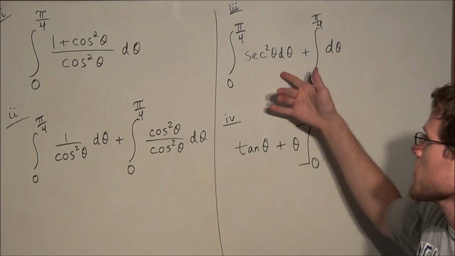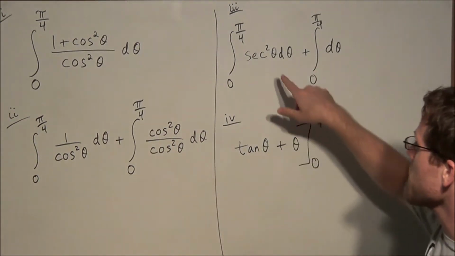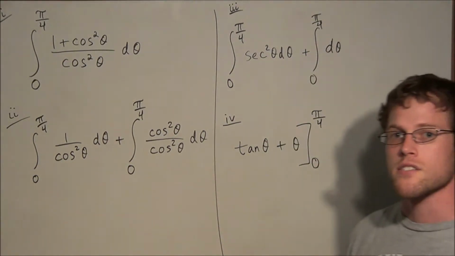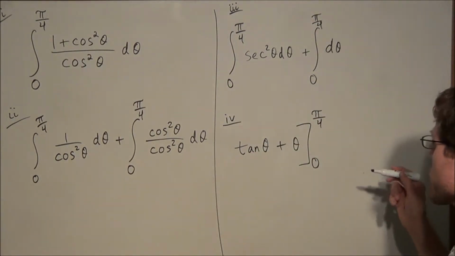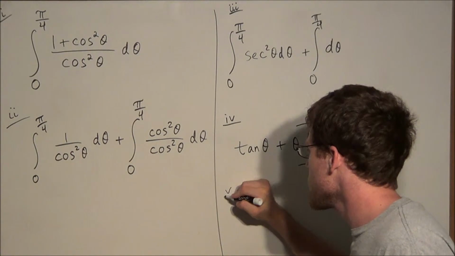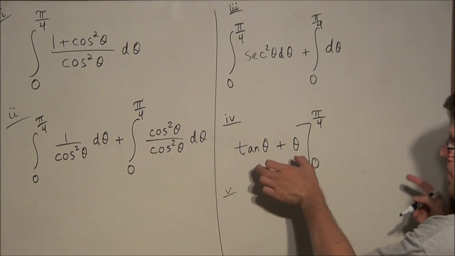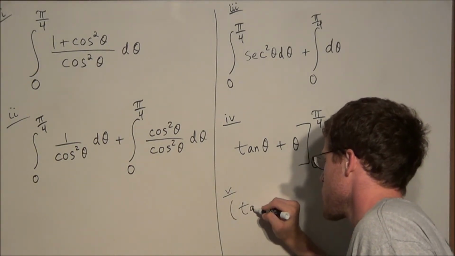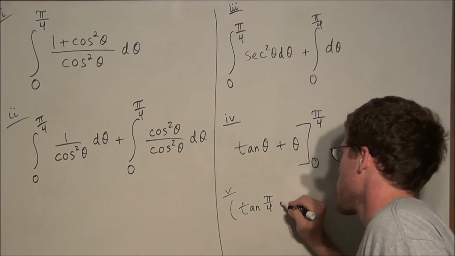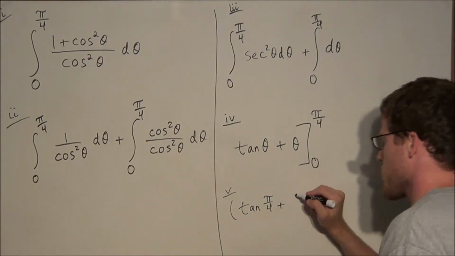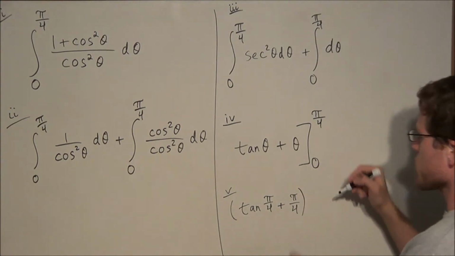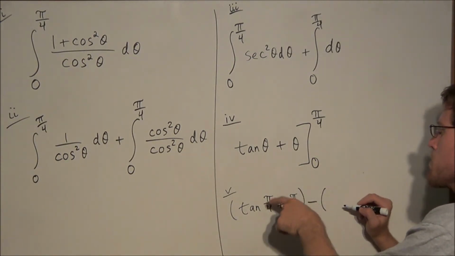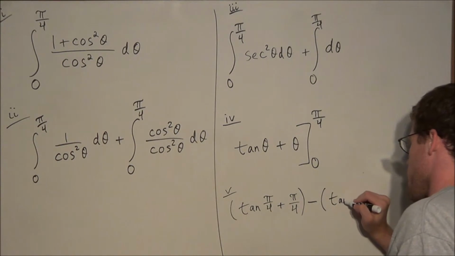All we're doing here is applying the fundamental theorem of calculus. We find the antiderivative of each piece, but now we need to evaluate it at the upper limit and the lower limit, and then subtract the two. So then for the next line, step 5, we're evaluating tan theta plus theta at pi over 4. We could throw on parentheses: we have tangent at pi over 4 plus, and now we can replace theta once again with pi over 4. All we're doing is substituting theta with pi over 4 for the first part, and we're subtracting, and now we substitute theta with 0. We have tangent at 0